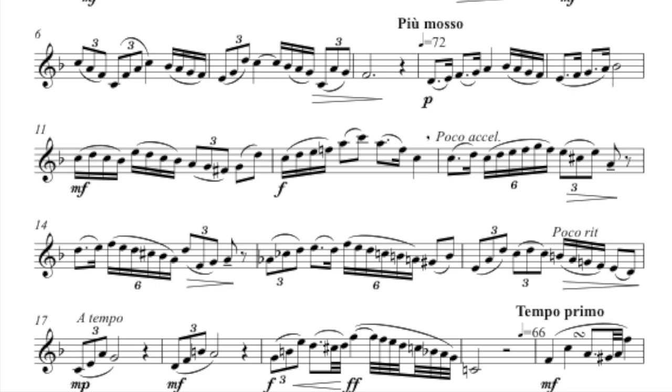We also see sextuplet runs for the first time in this etude. This is where we have 6 subdivisions of the beat. This is where it can get really tricky. I personally prefer to count triplets twice on 8th notes so that I'm able to get 6 even subdivisions of the beat. For example,